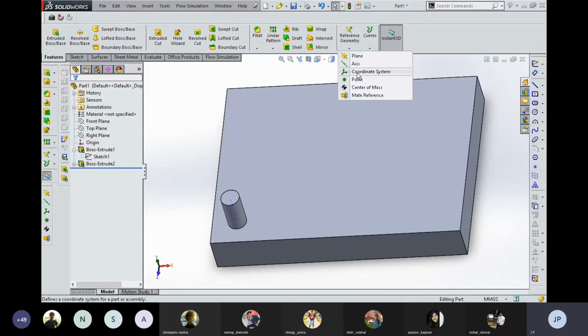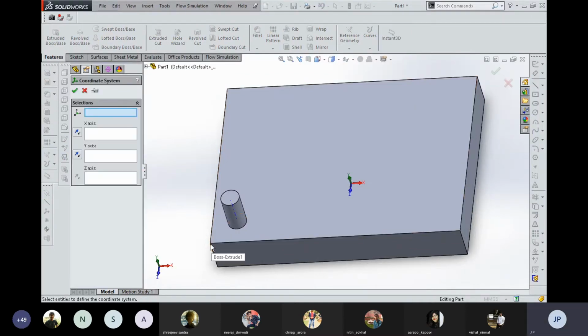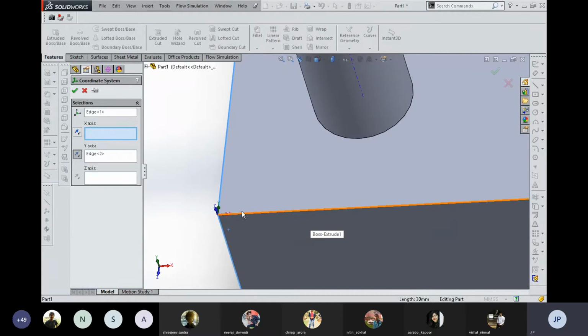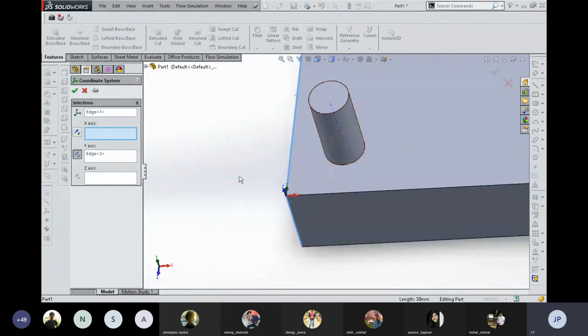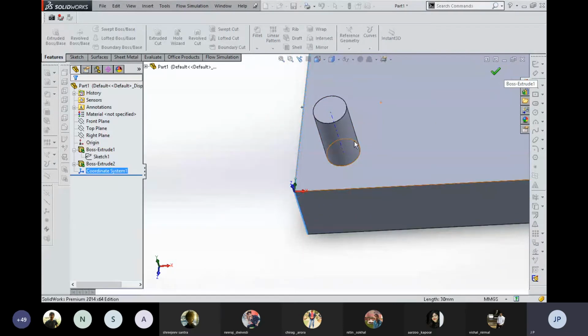Click on coordinate system, then click on this corner edge. Okay, for creating, X is correct. I need Y on this side, and the opposite side, so you can see that we can change the coordinate system direction as per our needs. So the coordinate system is placed.